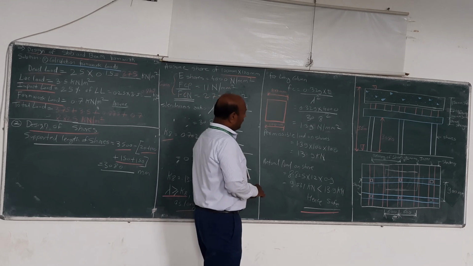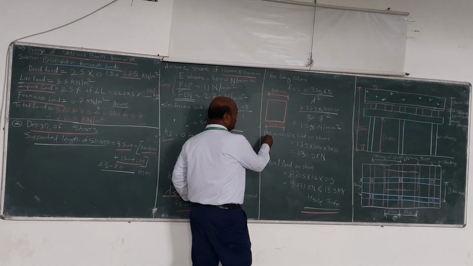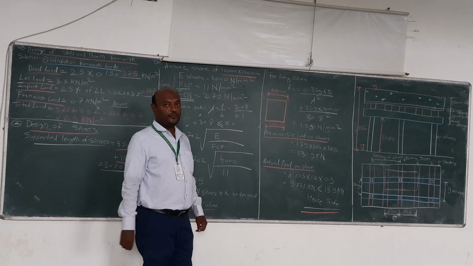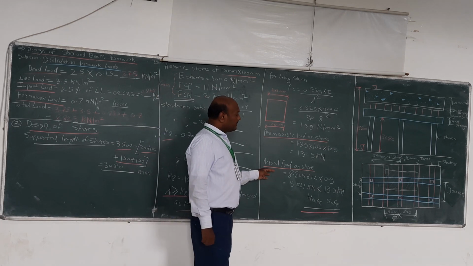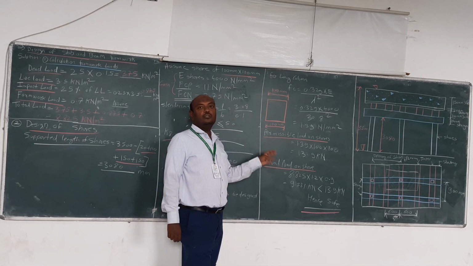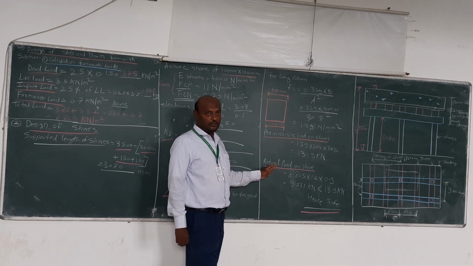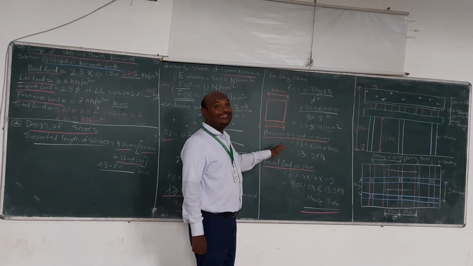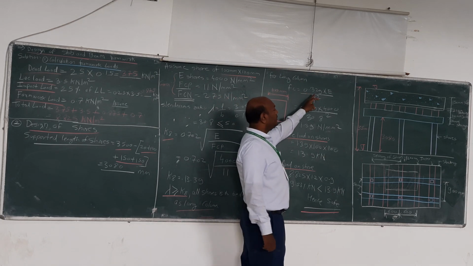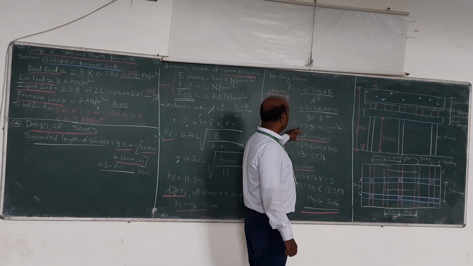Now for a long column, FC is equal to, now here we have to find out the permissible load on the shore as well as the actual load which is coming on the shore. Okay. The actual load which is coming on the shore should be less than the permissible load. Then only the shore will be sufficient to bear all the load which is coming over it. Always our actual load should be less than the permissible load. For this we have to calculate the FC, that is 0.329 into E divided by lambda square. So here we are getting FC equal to 1.39.